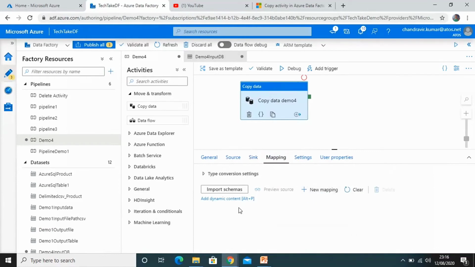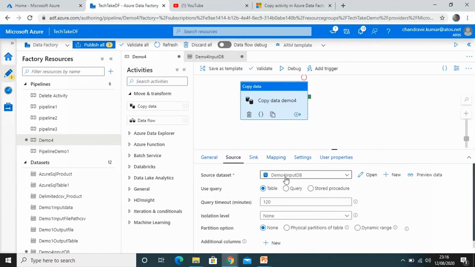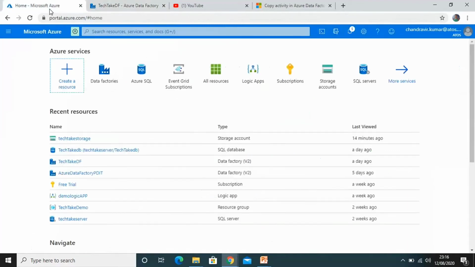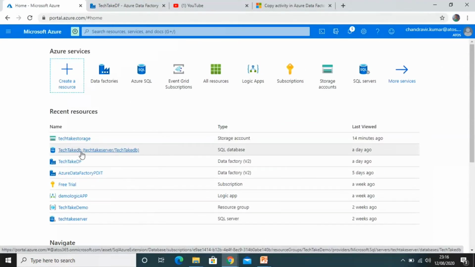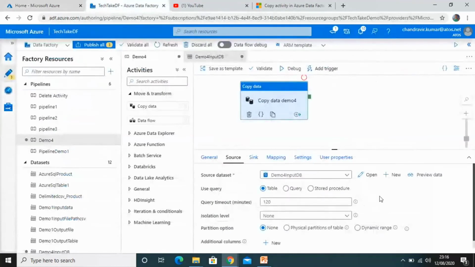So let's go to mapping. In mapping, if you want to see any additional mapping, or if it gets failed, like the source has a different name and the target has a different name, we can make changes from mapping. Now go to the storage and let me show you the location where our target file will be stored.